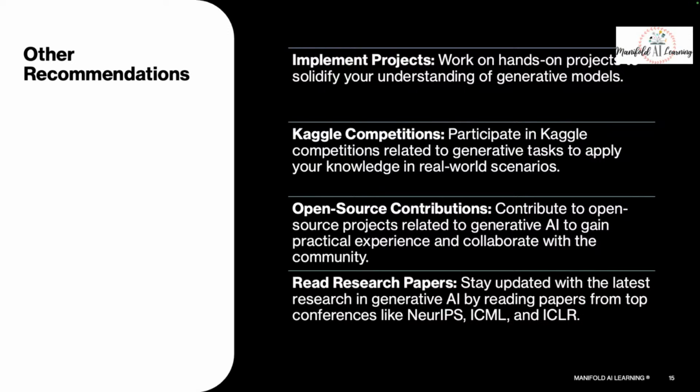And since this is a rapidly evolving field, if any new models get released, try to learn more and read the research paper so that you can stay updated in this generative AI domain. Once you find any research paper, maybe you can also make use of generative AI itself and ask it to summarize it so that you know what is happening. So when you know what is happening, you will be informed.